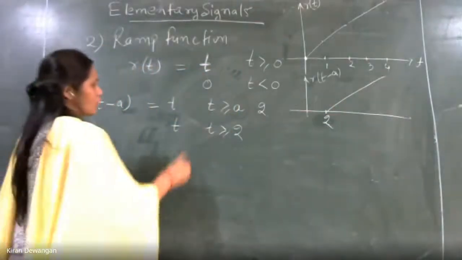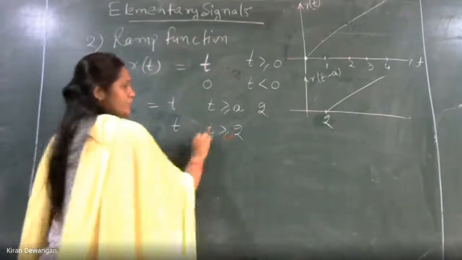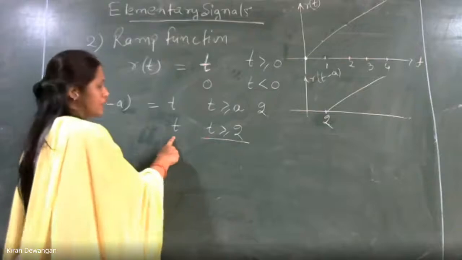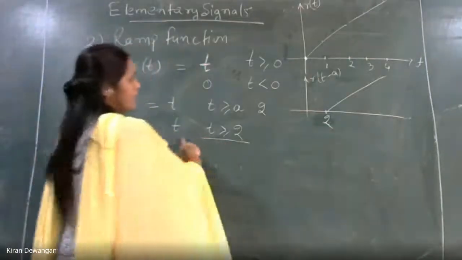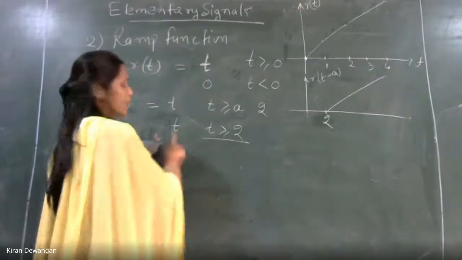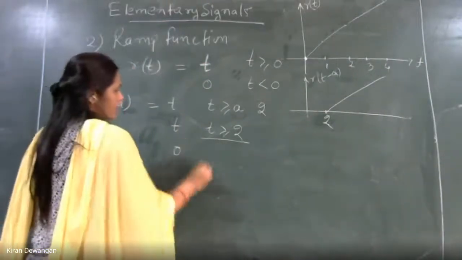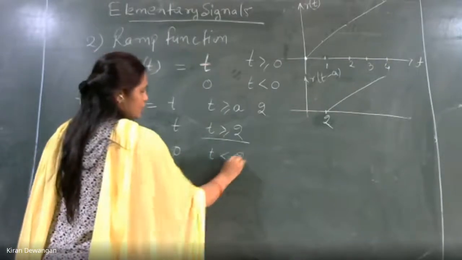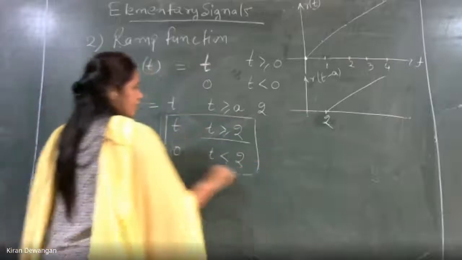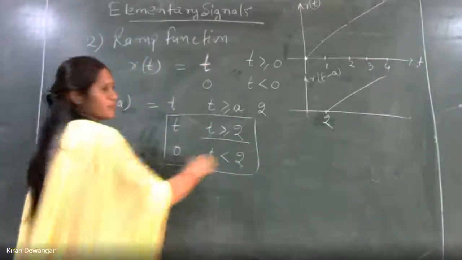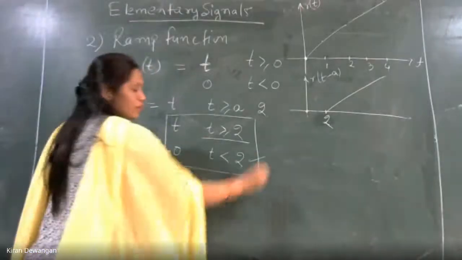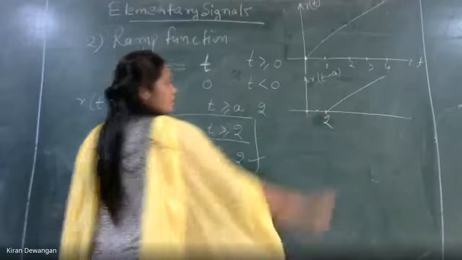ठीक है? So when t is 1, according to this, यहाँ पर RT 1 होना चाहिए. और t greater than 2 है, तो उसके लिए नहीं होगा. तो for t less than 2 है, तो ये 0 है. ठीक है, this is our condition. If t is 0, it is 0. When t is 1, again this will be followed, it is still 0.